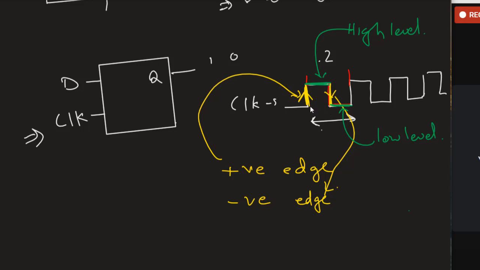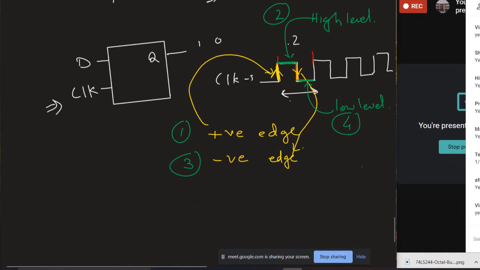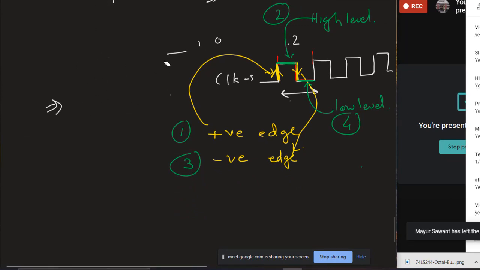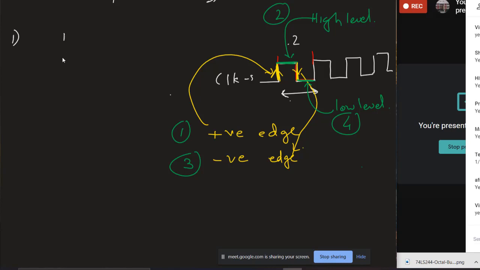And now I'm going to draw all four diagrams with a distinct representation of their clock. How do you represent all four clocks? The first clock, since it is positive edge, I am going to draw this, and then there is a triangle ahead of this. In front of that clock symbol, you need to draw a triangle.